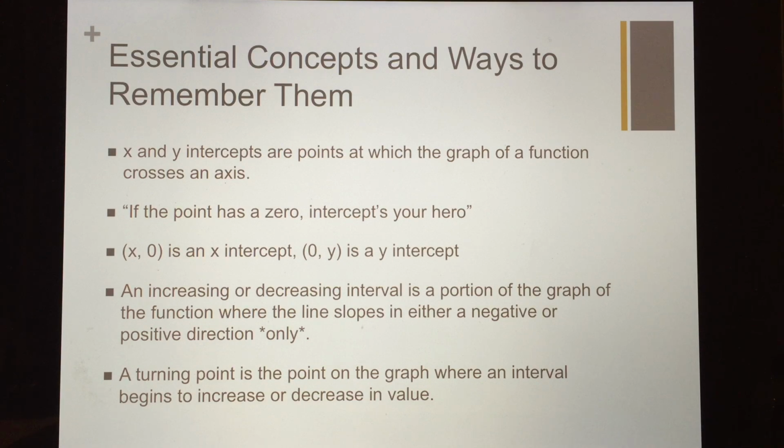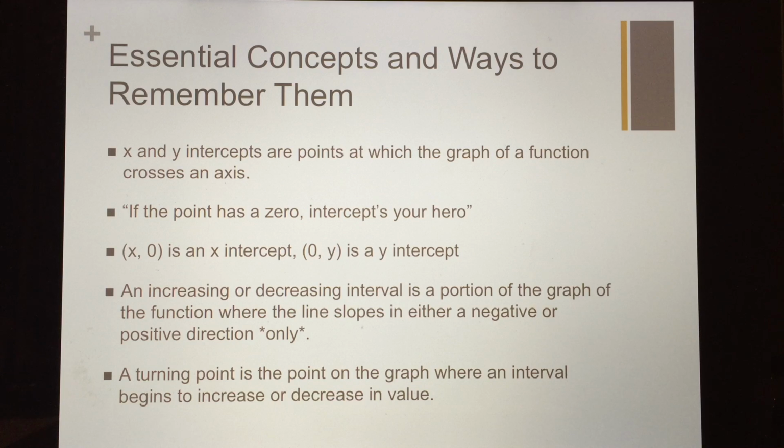Essential concepts first are the x and y intercepts. Those are points at which the graph of a function will cross an axis. I always remember it as if the point has a 0, intercepts your hero. If a point has any x but a 0 in the y place, then it is an x-intercept because it will be crossing over the x-axis. If it has a 0 for the x but any y, it will be a y-intercept because it's crossing over